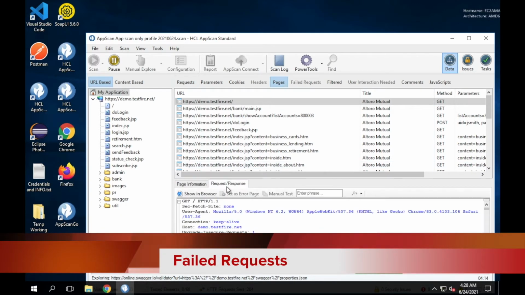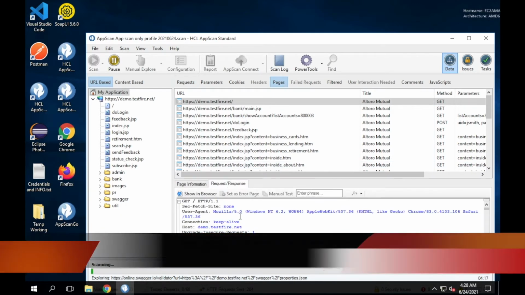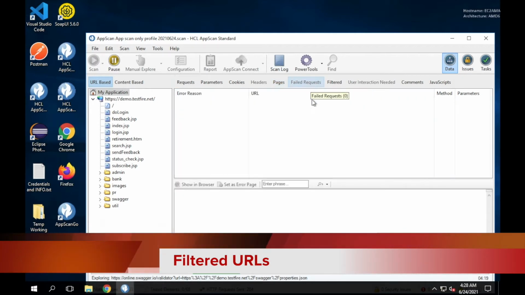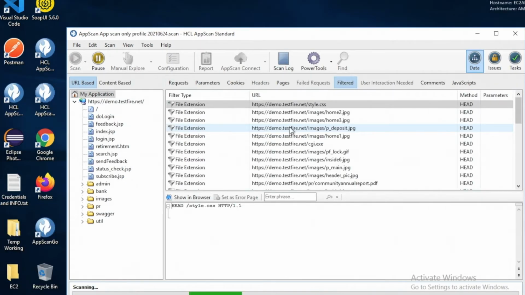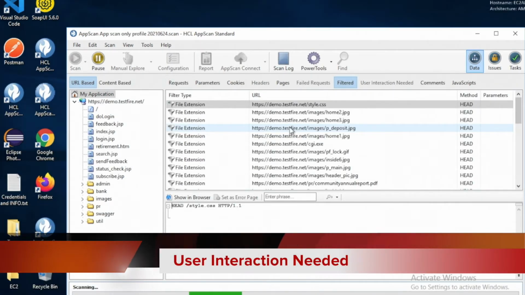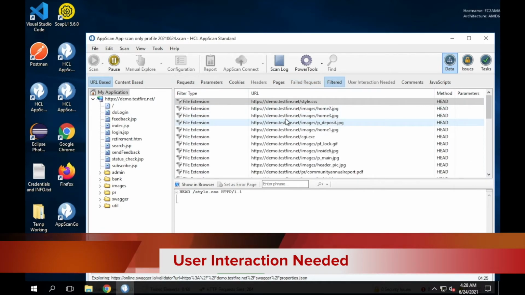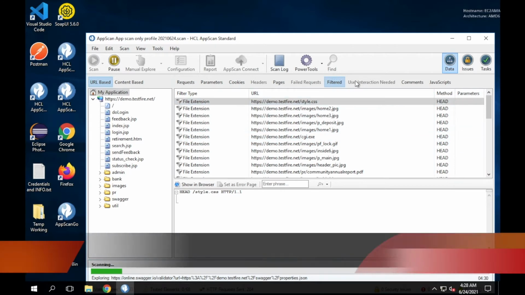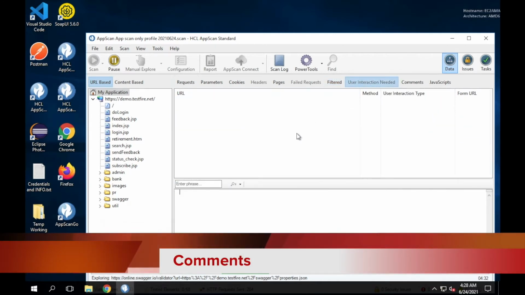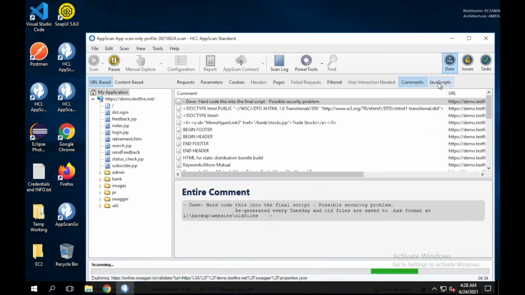links that did not respond to requests, filtered URLs that will not be explored, either because of the default AppScan setting or because you refined the Explorer filters. User interaction needed: URLs that require user input which AppScan could not provide automatically. Comments on your web pages that are accessible to users, JavaScript